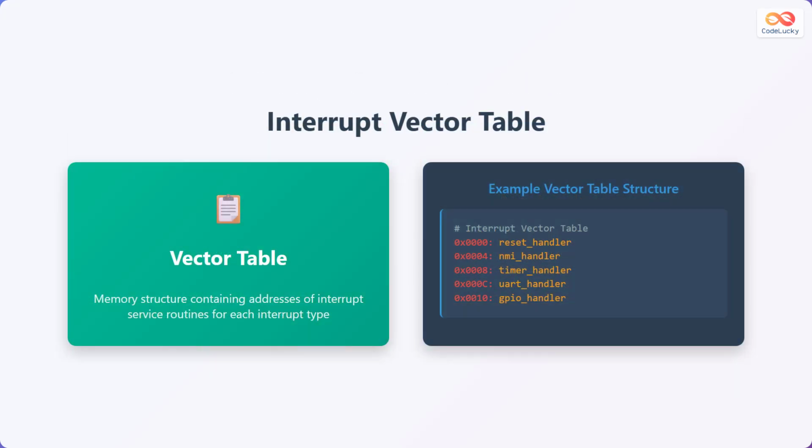An interrupt vector table is a memory structure containing the addresses of interrupt service routines for each interrupt type. As you can see on the screen, 0x0000 contains reset handler address,